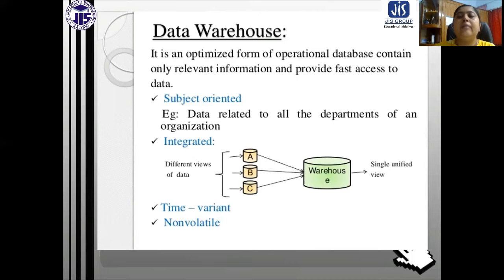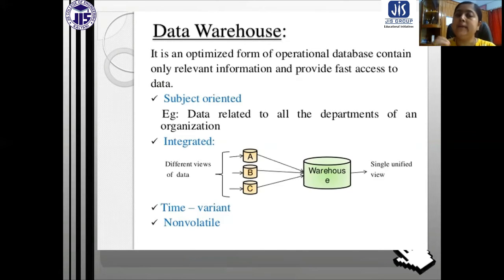Now just look at the data warehouse in the bottom tier. It is an optimized form of the operational database and contains only relevant information. In a data warehouse, the main thing is that it is subject oriented. That means it is built for a specific purpose.